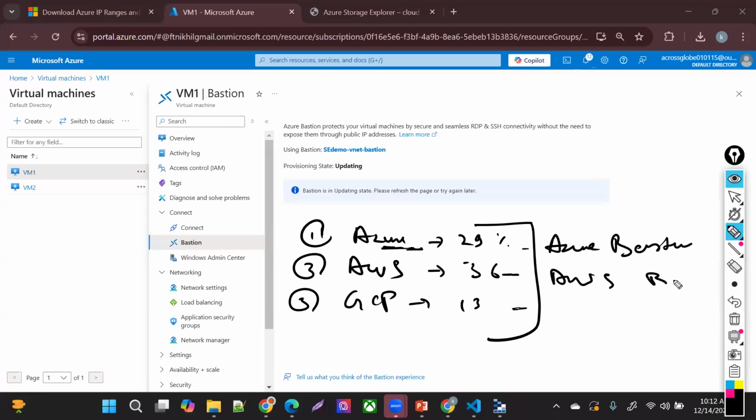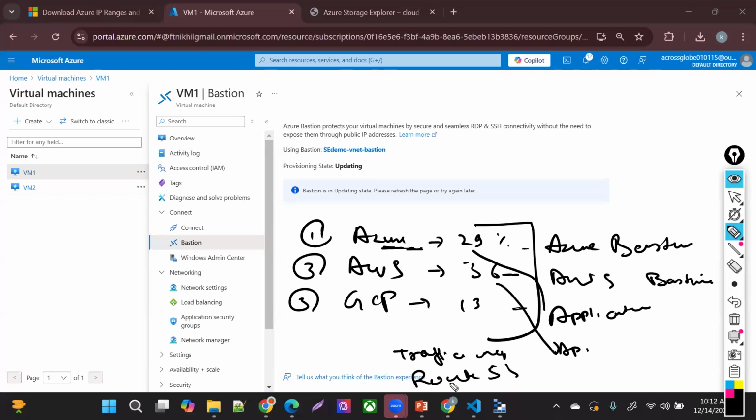Let me compare one thing. I told you about the application gateway in Azure; you will find the application load balancer in AWS. We studied Traffic Manager in our initial classes; you will find that as Route 53 in AWS. Everything inside it, like the routing methods, will remain the same across clouds. So it's very easy if you are proficient in any one cloud. It won't take much time for you to understand the other clouds.